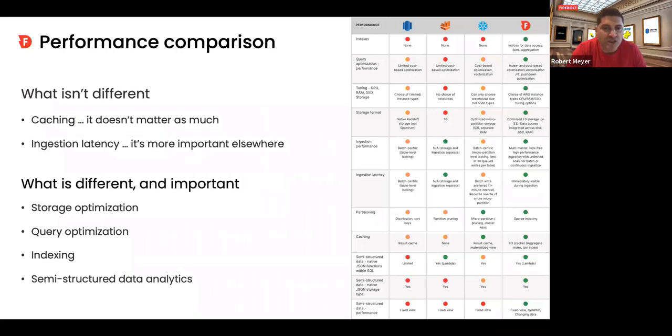And it pulls it in as it needs it. It pulls it in maybe with some warming up of the cache, maybe with some prefetching algorithms, but it is a cache. There are some also that have result caches. Snowflake has a result cache, for example, where if you're running exactly the same query again and again and again, that cache is going to make a difference.